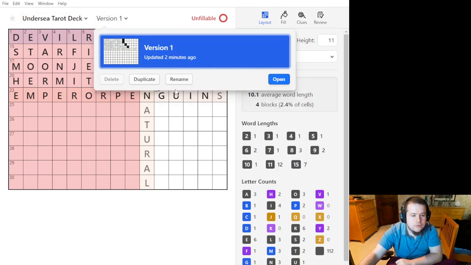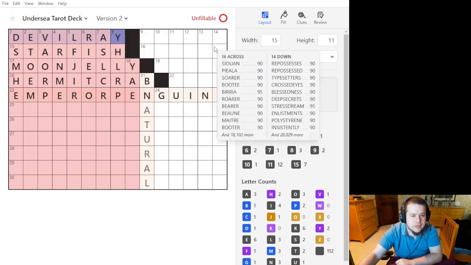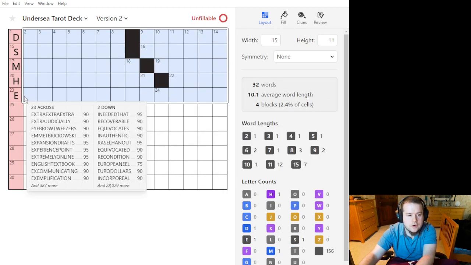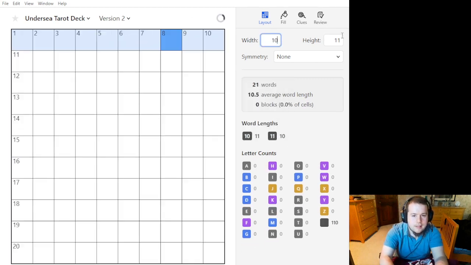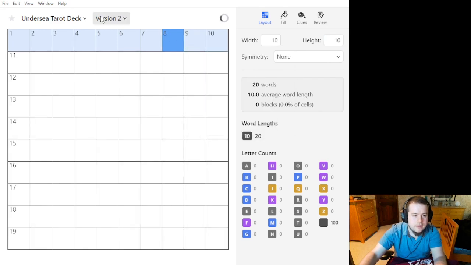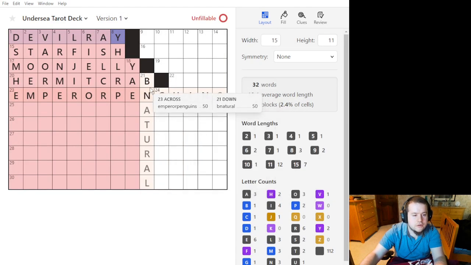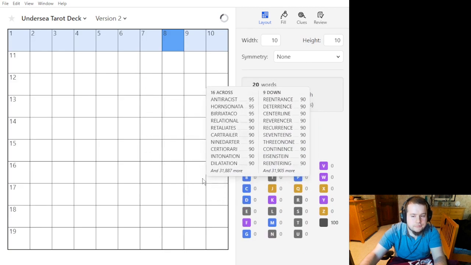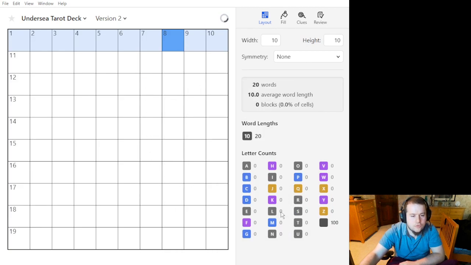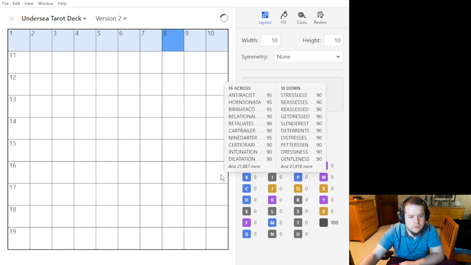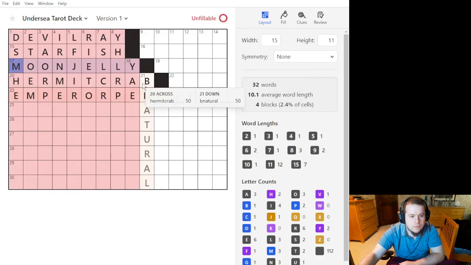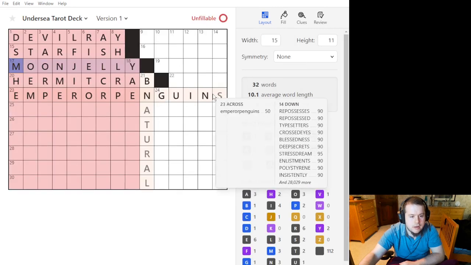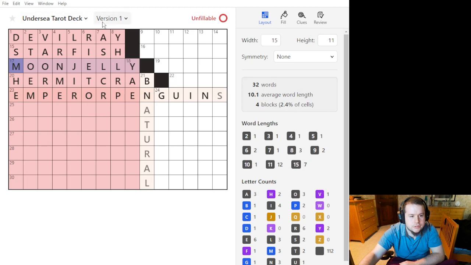So what we can do here, instead of saving a whole bunch of different files, is we're just going to duplicate and make a new version. In this case, we're not actually keeping anything from the previous version, not even the grid size. But now, if we want to go back and look at what our theme list was, we can always go back there. And as we work on different corners of this, we can make versions as we go. So we want Hermit Crab as our long entry. So that's going to go,